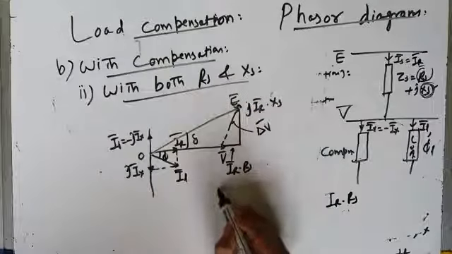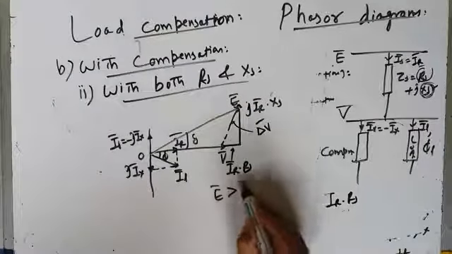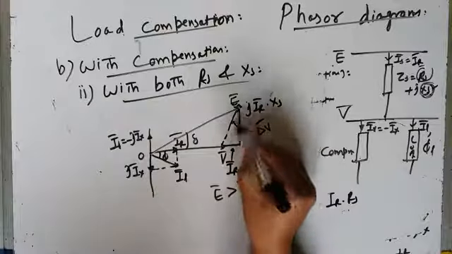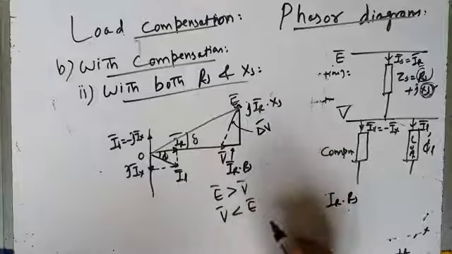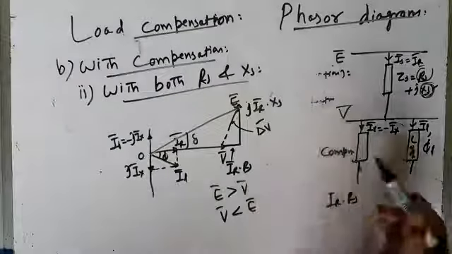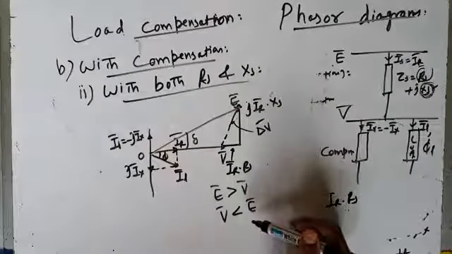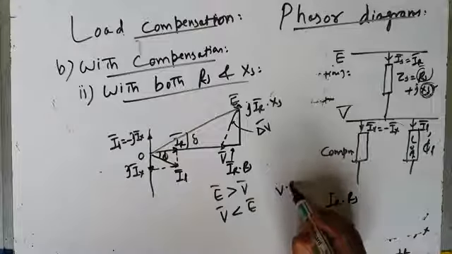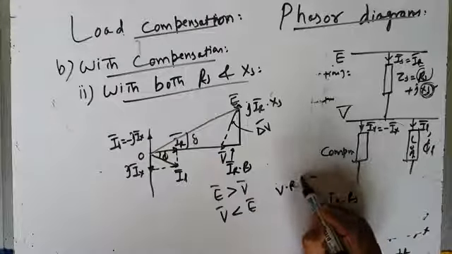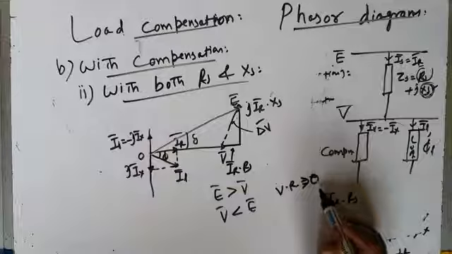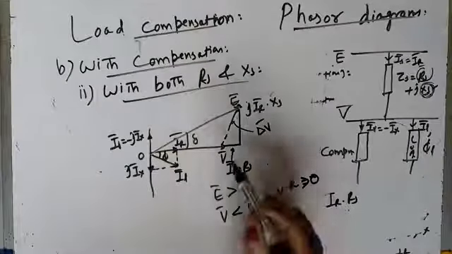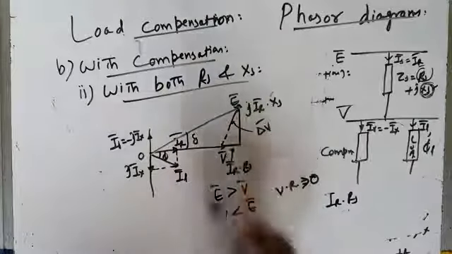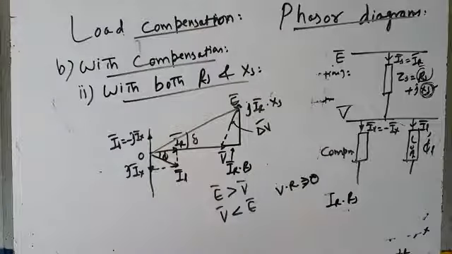Now in this case you can see E is greater than V, slightly greater than V, not much ज़्यादा बड़ा नहीं है, and V is slightly less than E. So you don't get zero voltage regulation. Practical case में voltage regulation is less than 1. Voltage regulation is greater than 0. It is not 0 because V is less than E, but it is very close to E, because it is less than E because of this resistive voltage drop IR into RS.